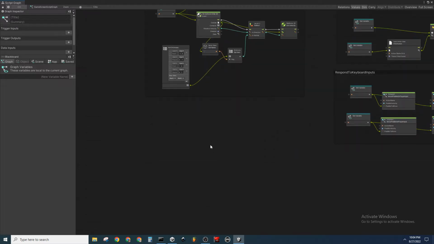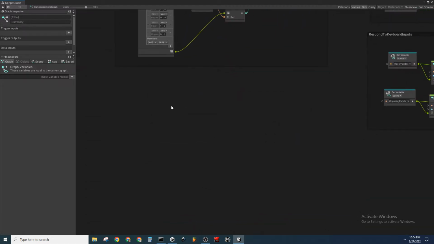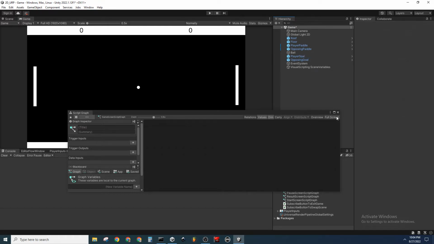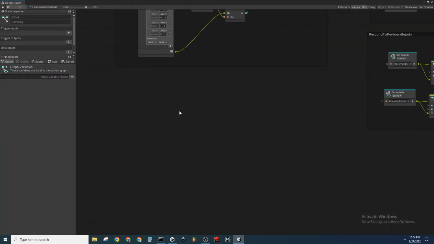So to do that, we are going to drop down here to a new spot on the graph, and we have got to consider what we are trying to access for this. Essentially what happens is the ball is going to run into one of these goals. And if we take a look, both of these goals were set to triggers, which means that the ball will pass through them. However, it will still register as a quote-unquote collision, but the technical name for that type of collision is a trigger. So inside of our graph, we are going to left-click and space to clear any selections,